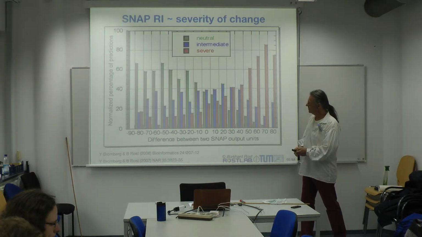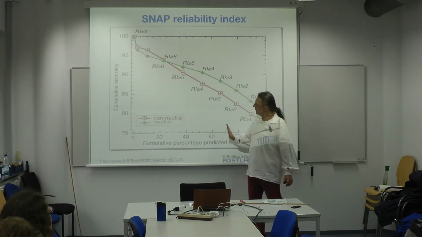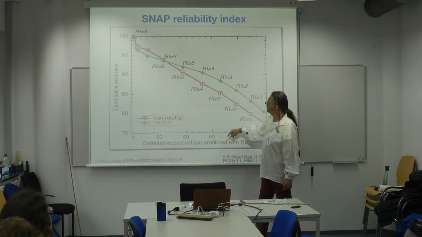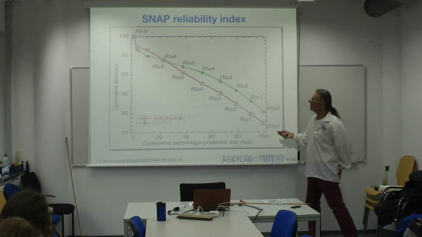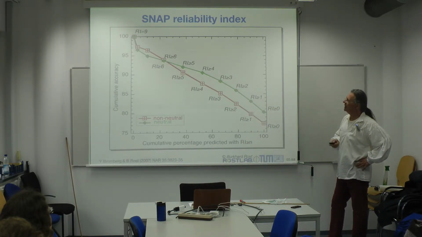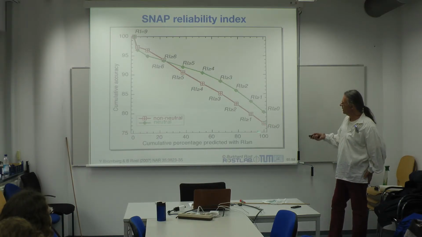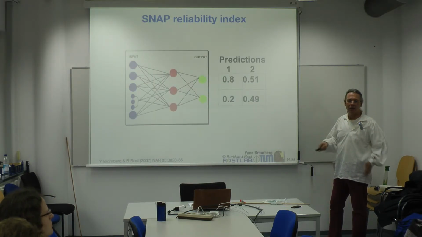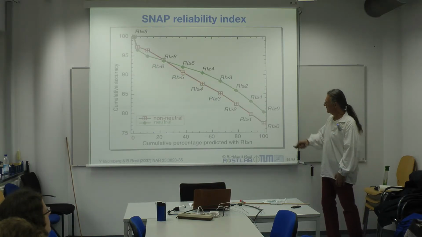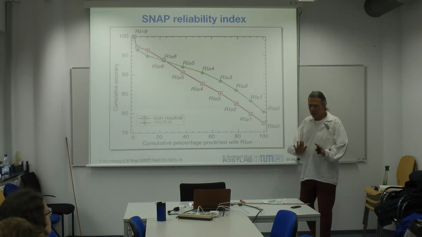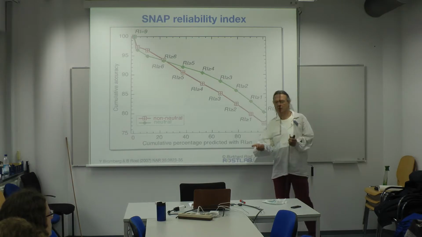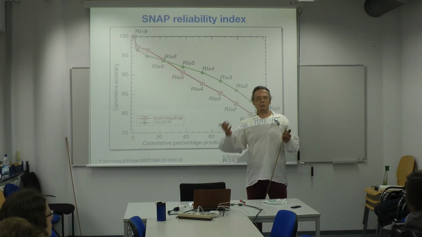So I will essentially answer on the left only if it is stronger than some difference. And the strength is not on an axis. The strength is actually the number. That's the reliability index here, defined as an integer between 0 and 9. 9 is very strong, 0 is very low. Essentially 0 means as long as this number here is higher than this one, I make a decision. That is what the 0 stands for here. When I look at the 0, I make predictions for every single residue. Whenever one unit is larger, that is the prediction, so I will always find one unit that is larger and will always make a prediction.